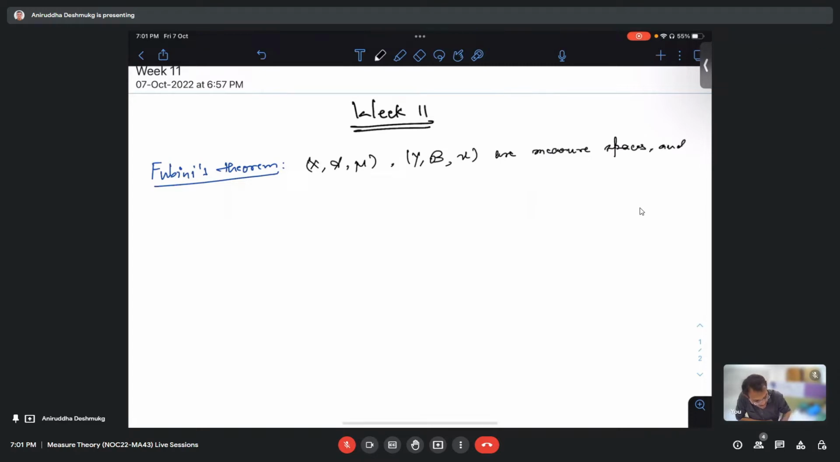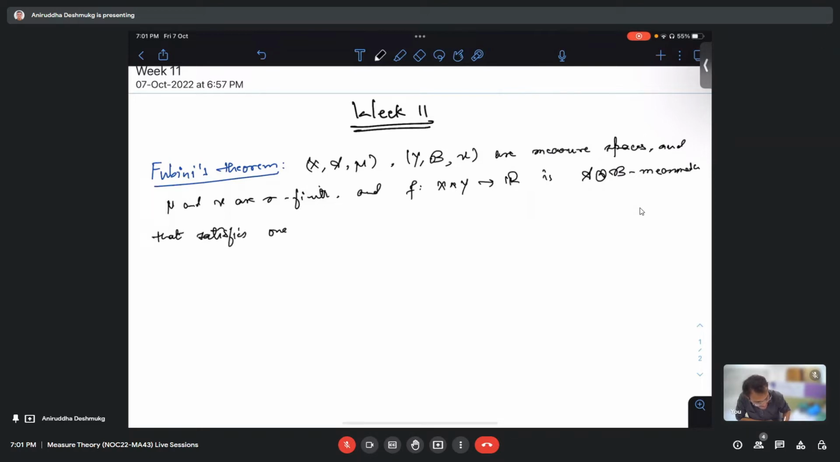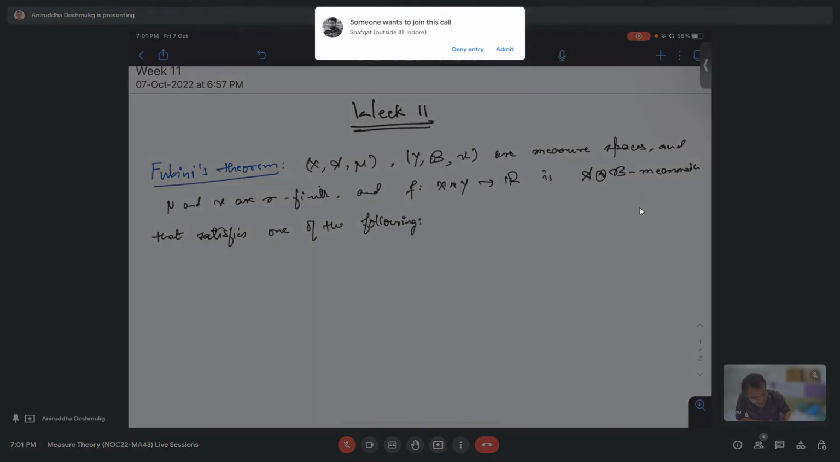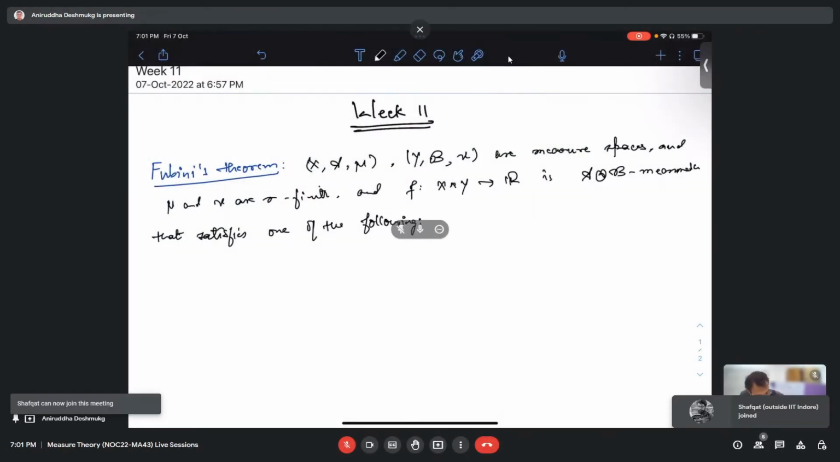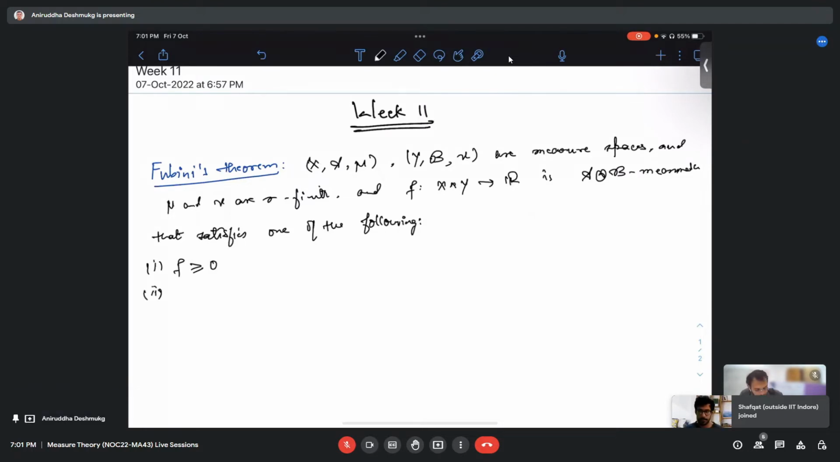and mu and nu are sigma finite, and suppose f from X cross Y to R is A times B measurable that satisfies one of the following. So what are all the conditions? One is f is non-negative, or f is in L1